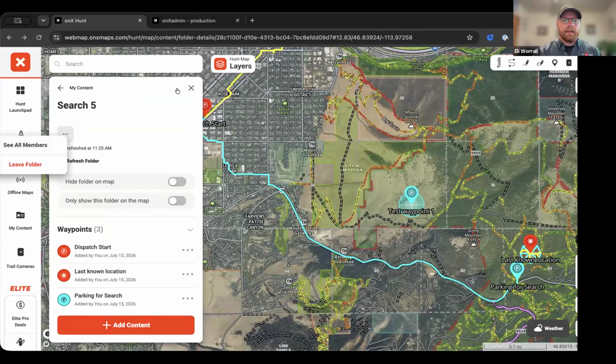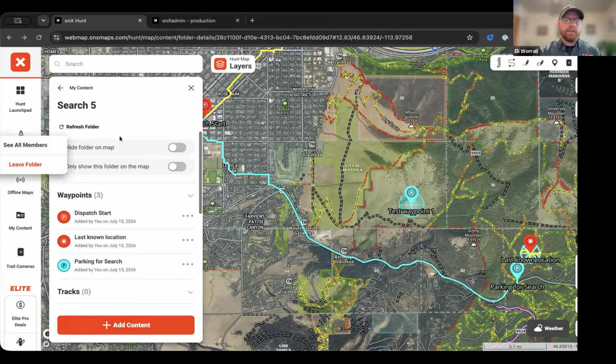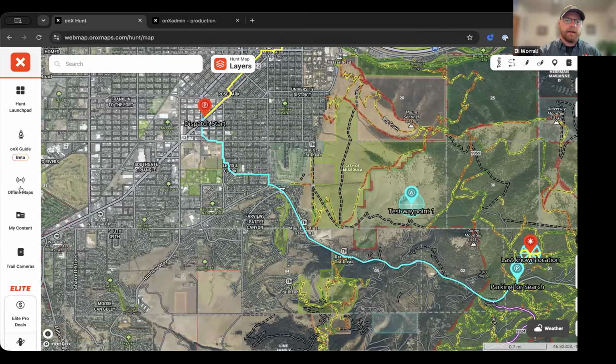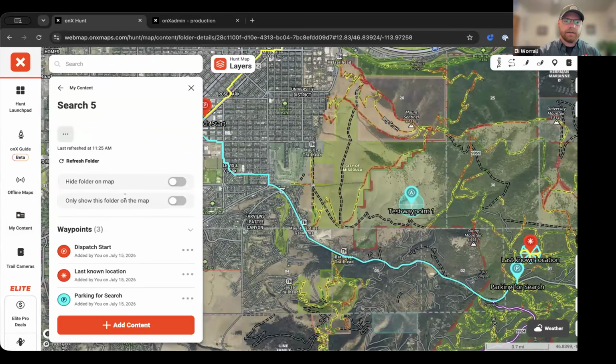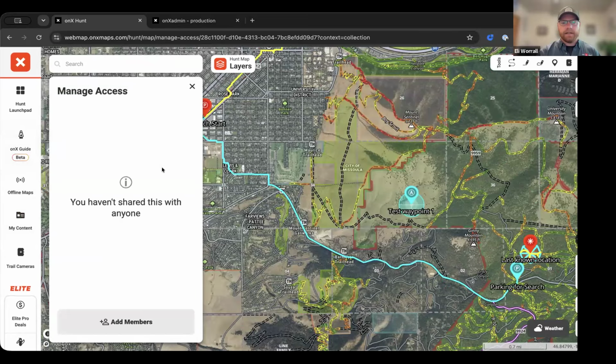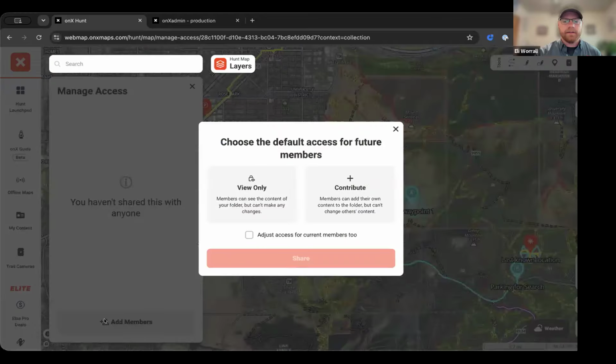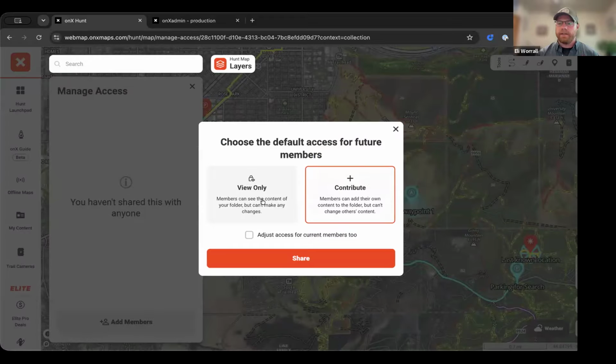So if I am going through and I want to make sure that I get this shared out, I can go into the My Content, click on the folder. It is going to give me a share option when you're on the phone. So when you have that share option turned on, it's going to let you select a contribute or a view only option. The differences between the view only and the contribute is going to be a view only folder is if I want total control over that folder so that nobody else can add content to it and it's going